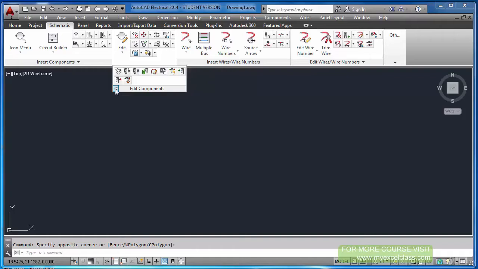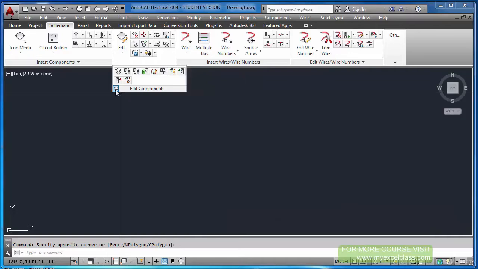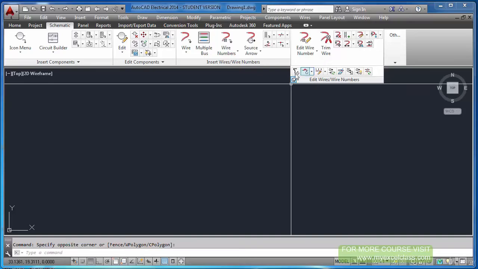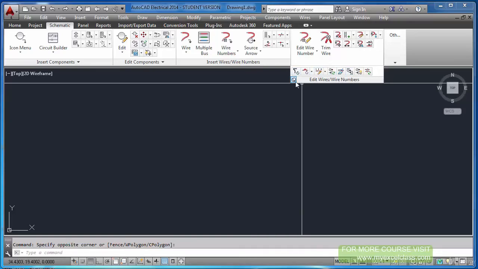Just click this and it will remain like this; now it won't go back. If you want to unpin, click again and it's gone. If you are using some commands from here, you can use this pin. This is one way.